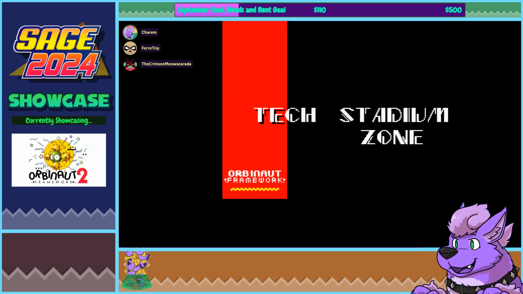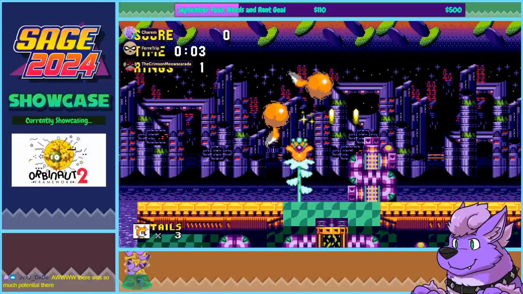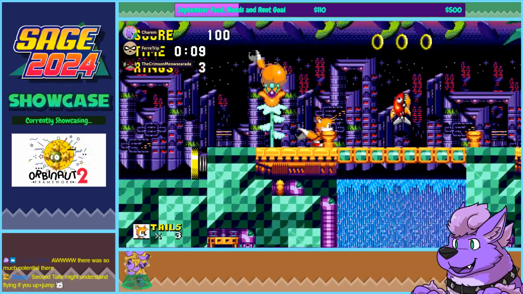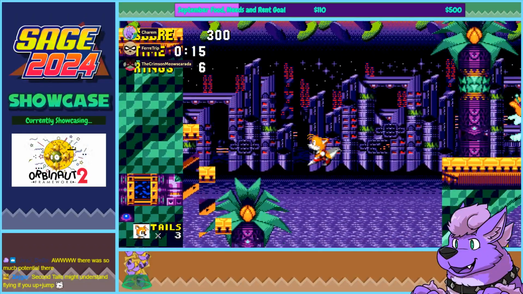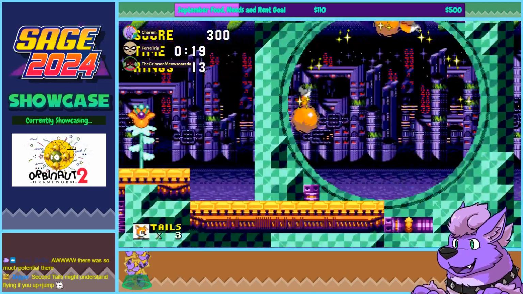Let's see. What was it called? Tech Stadium Zone. Alright, let's see what we got in Tech Stadium Zone. I presume this is basically supposed to be... Obviously, all this is supposed to be example levels, example game. I do actually like the aesthetic of this, though. It kind of makes me think of something I would see in Knuckles Chaotix, actually. Yeah. Kind of has that...